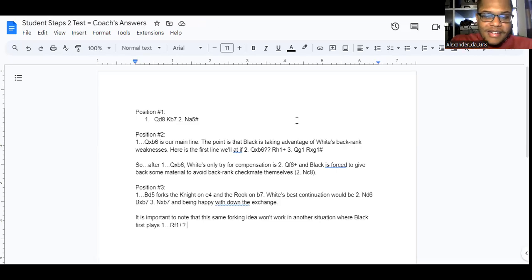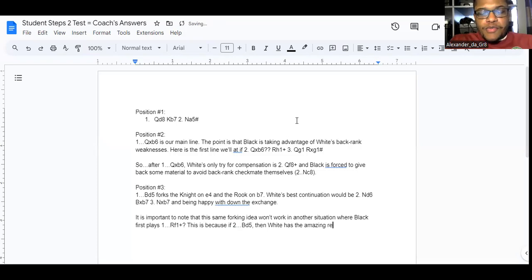This is because, if, so this is move 2 for black, if move 2, bishop to d5,